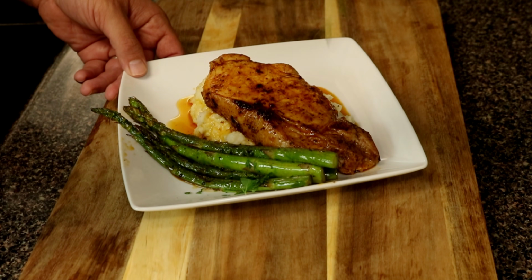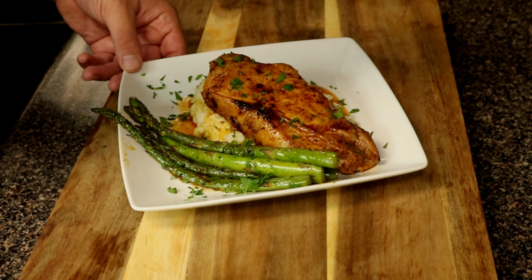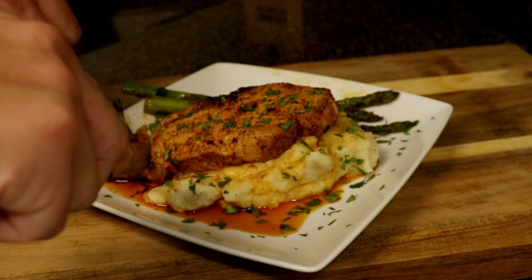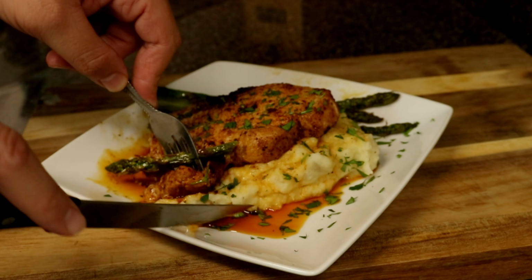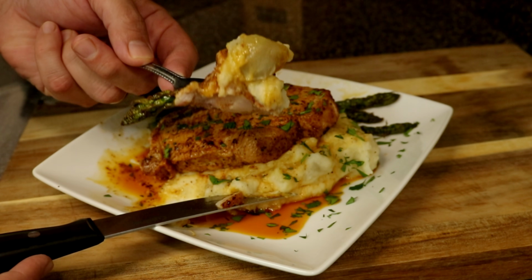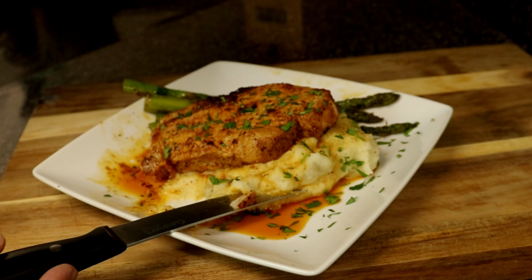This meal was fantastic. Trust me, if you do it like this, you're gonna enjoy it. You can substitute that seasoning for just any nice seasoning that you want, but this was delicious. And do not skip out on the mashed potatoes. You want to get the asparagus, mashed potatoes, and pork chop all in one bite. So what do you think about that? Had a lot of flavor, very wonderful pork chop,